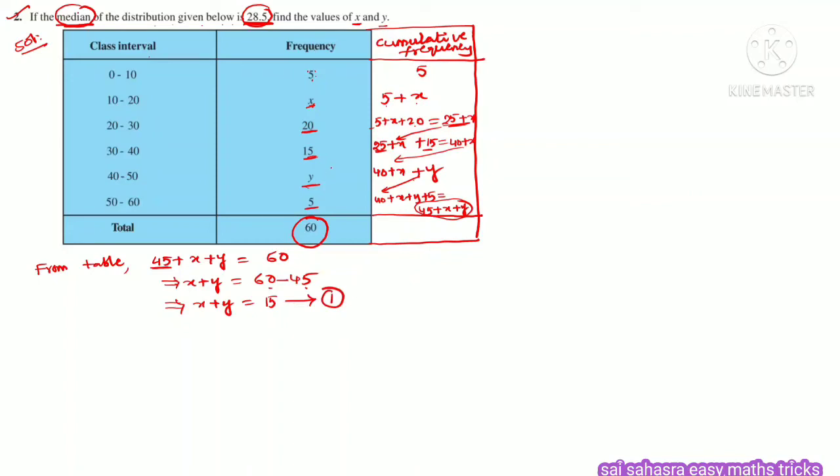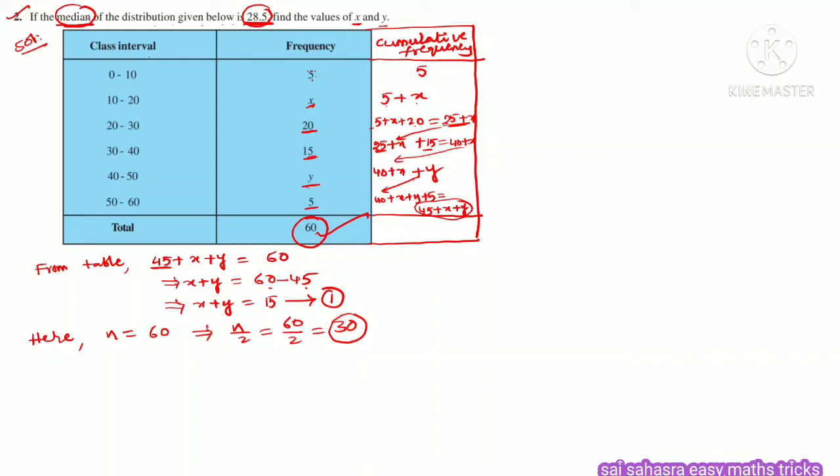Next, like first question, we can't identify the median class here. Reason, here you can observe that cumulative frequencies based on that here n value. Let us see that here n value is what? Total frequency 60. That implies n by 2 will be 60 by 2, that is 30. So by using this 30, we can't identify. If you know the value of x, then only we can see that that 30 is here or somewhere else. So this n by 2 is not helpful in identifying the median class like our first question.